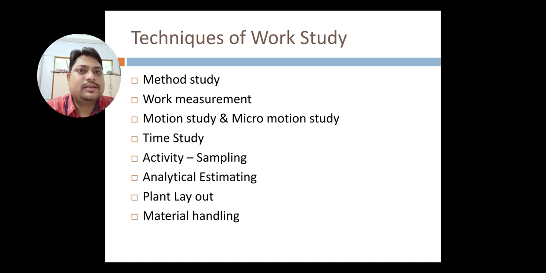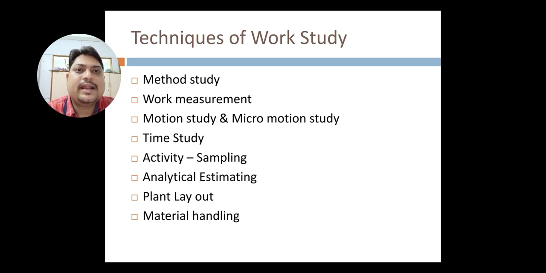Then time study. Generally, with the use of a stopwatch, this time study is carried out. Then activity sampling. Generally, for the topic quality assurance, this activity is carried out where a particular design, color or shape error is there, or a dimensioning error is there, and that material is rejected. Then plant layout. Here generally the design of the plant is prepared for minimum wastage of time in transportation and best suited for the geographical condition of the industry.